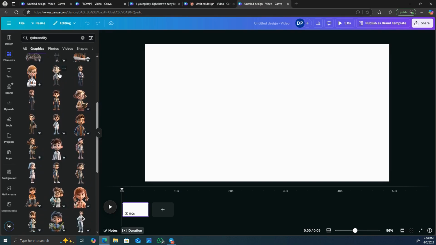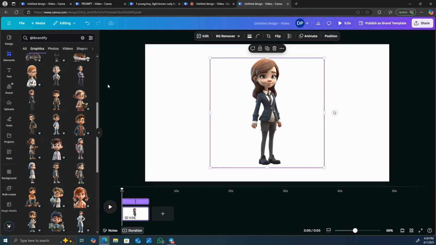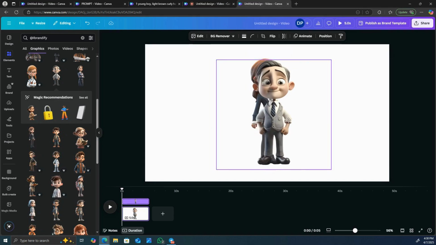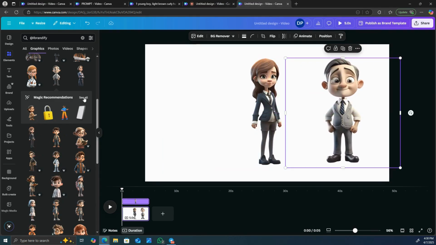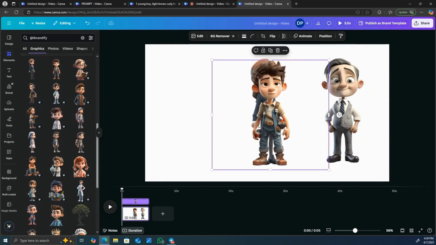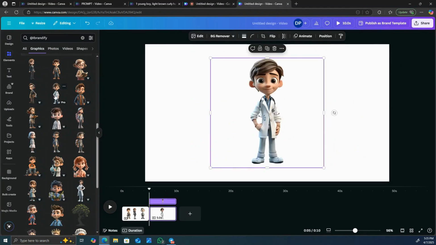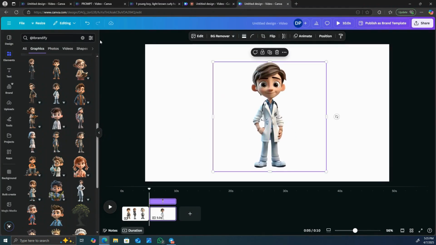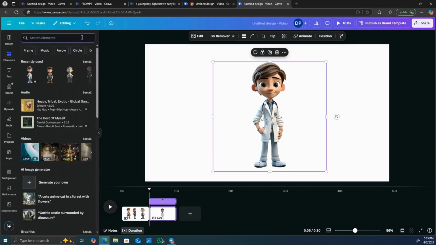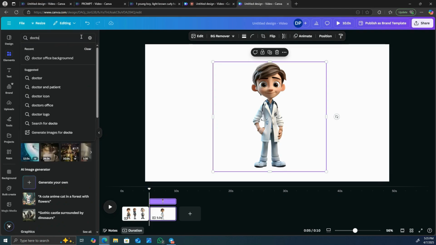Okay, some are free and some are not. Like this one right here, this is free. Okay, he's free. So guys, I'm gonna add another page. I'm gonna choose this one right here as an avatar, and then I'm going to go back out and find maybe a doctor's office background